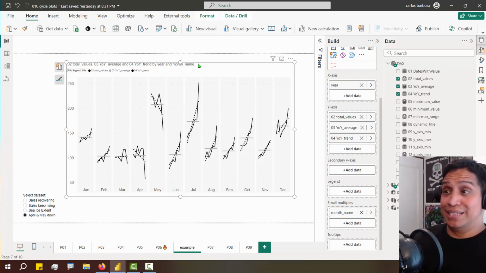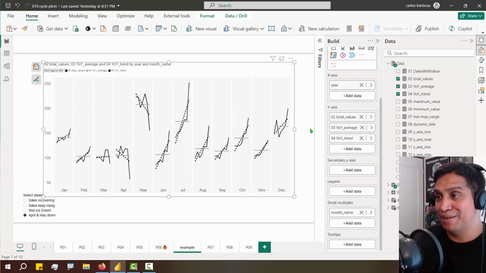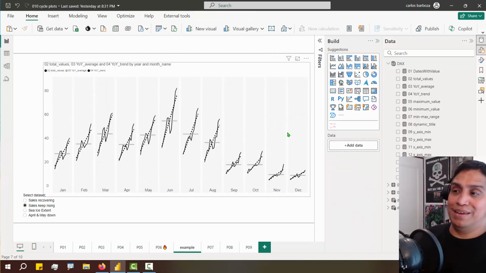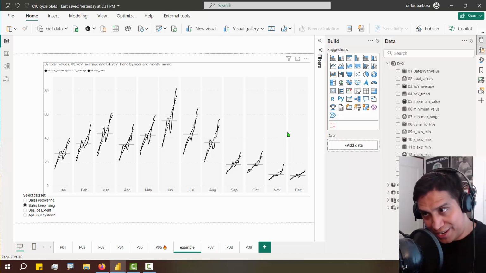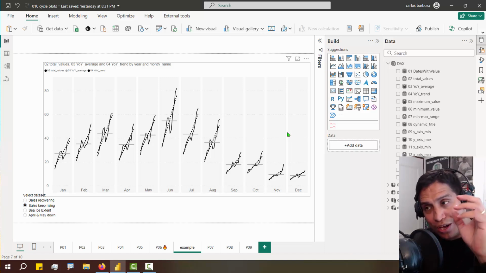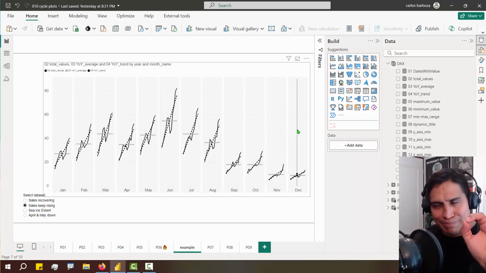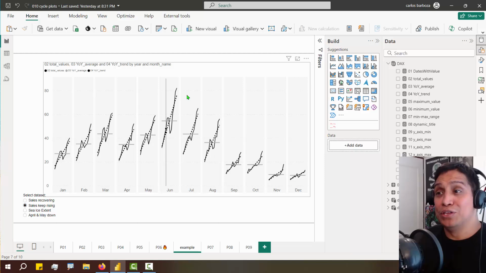And with this we have pretty much the cycle plot, this very simple and elegant plot that I believe can be very informative for your data analysis if you want to show or detect seasonality. And one last thing, as a tip, is that you can use it either to